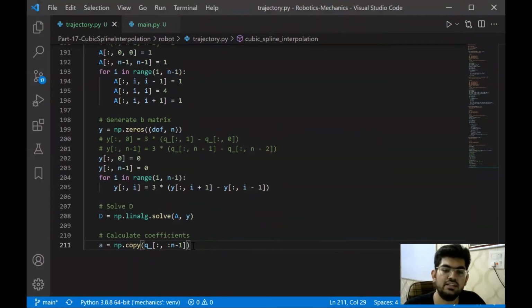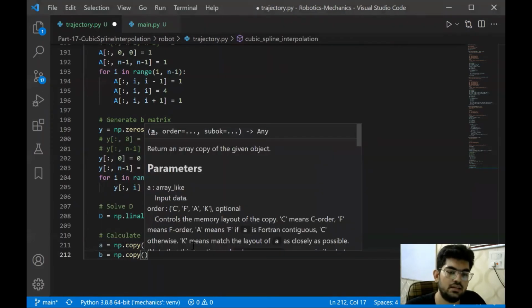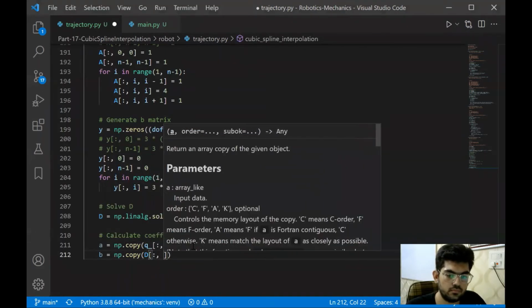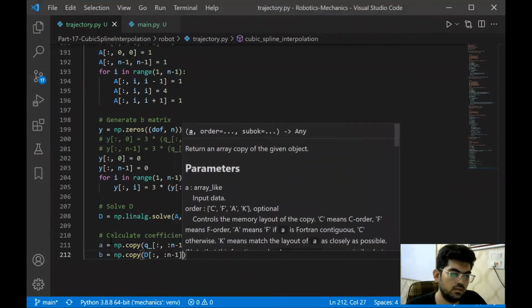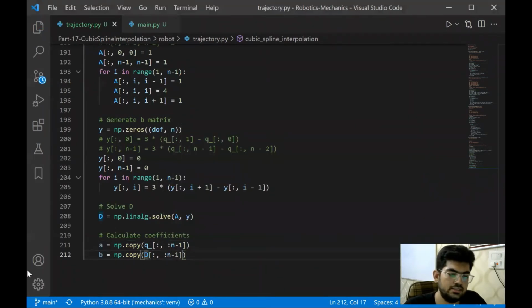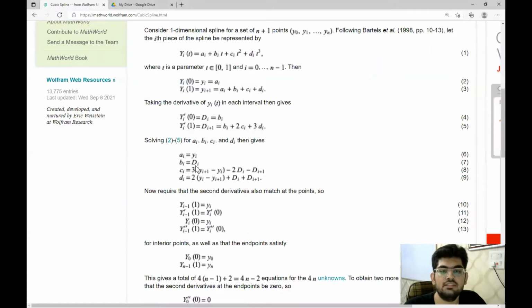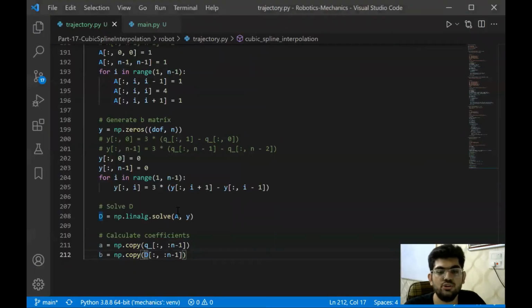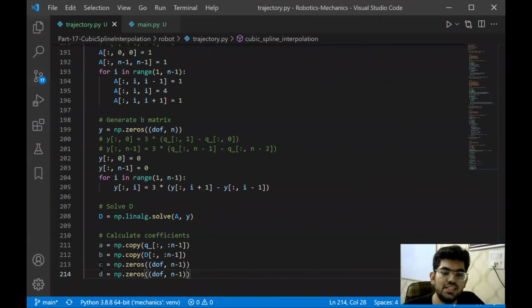That's the reason why I'm taking till n minus 1. Similarly, we have to copy D. Because bi is equal to di and the D shape is going to be degree of freedom comma n, but we need to take the n minus 1 elements. That's why we're doing this.